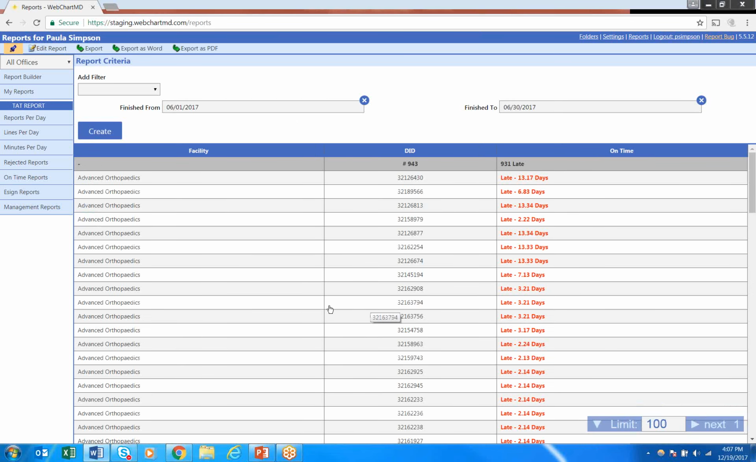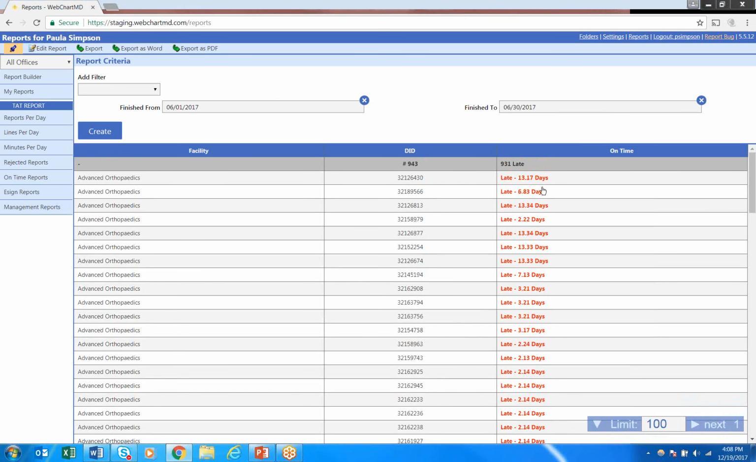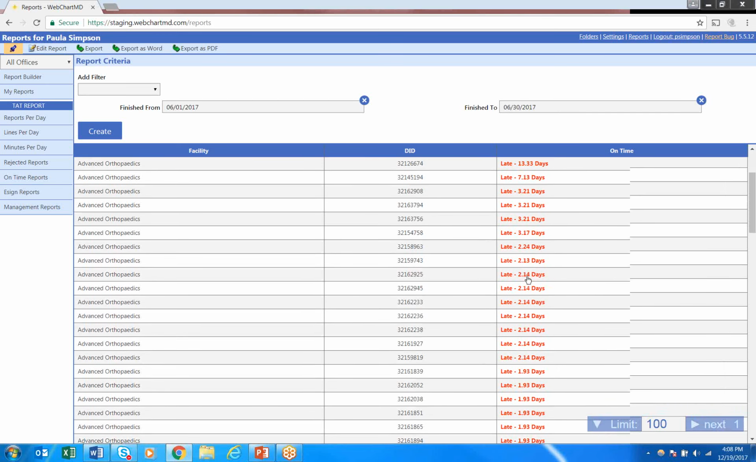And my report populates out, and here it is. So I've got the basics of a report now on TAT. And you can see the facility is loaded, the DID is loaded, and whether the report is on time or late or not. In my case, I've got 931 out of 943 reports that were returned late. Not real good. And you'll notice it says late, and it tells me the duration of time or how badly